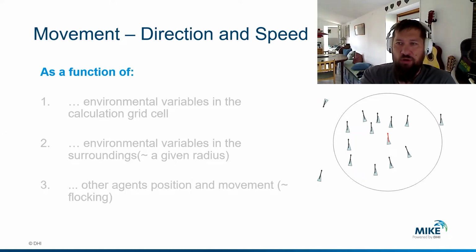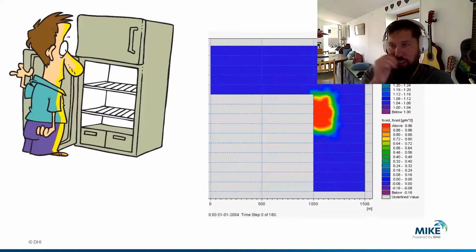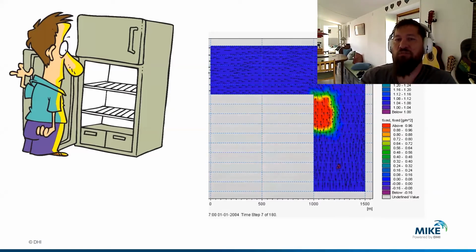So that was a lot of talk about what is behind it. So let's look in the fridge. This is a simple agent-based model setup. It doesn't reflect any real-world thing, but it's an example. This is a very squared river basin where water is flowing up from the bottom and around a bench, and then we have a hotspot where there's some food available. Then we're going to release some agents into this environment, and they're going to go look for food, but they're going to follow the current.